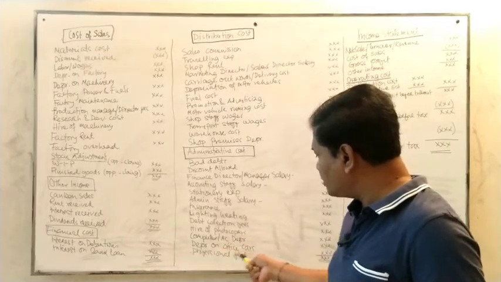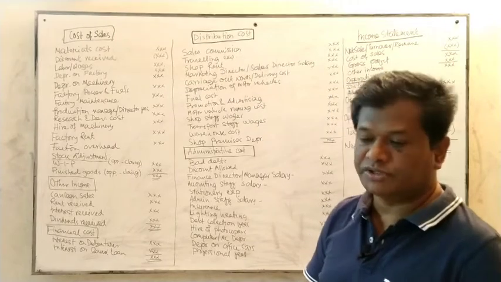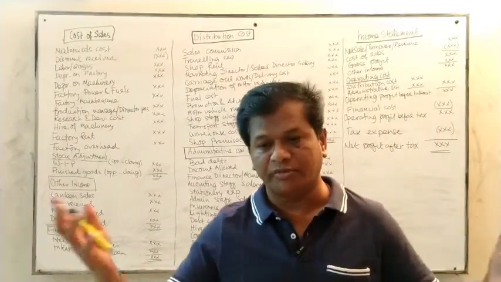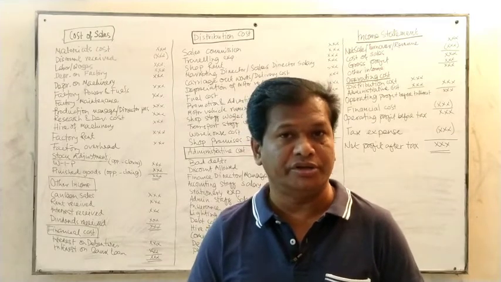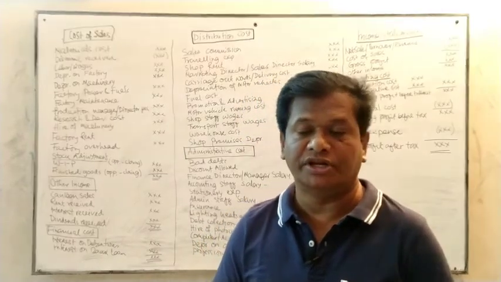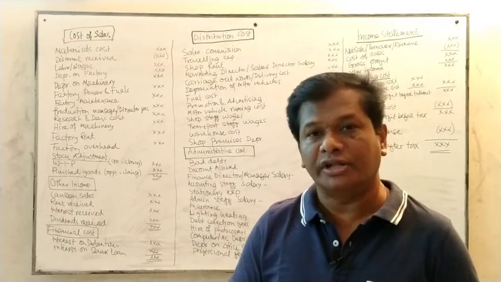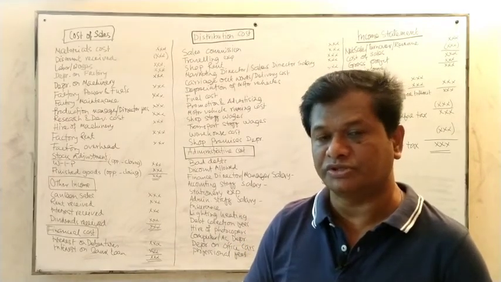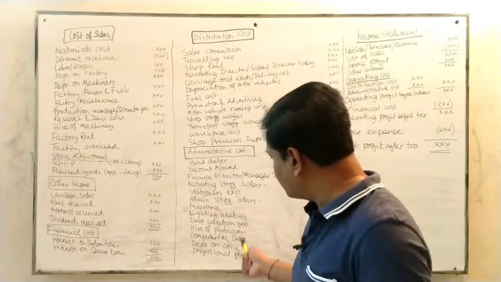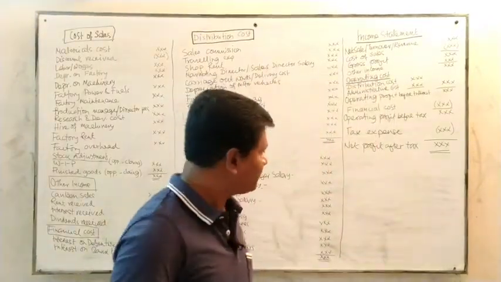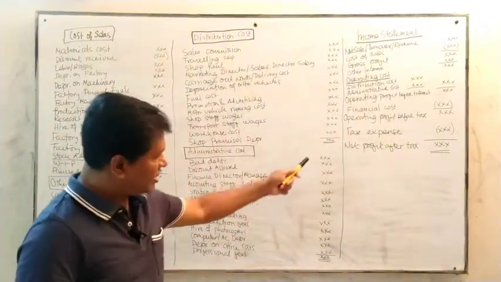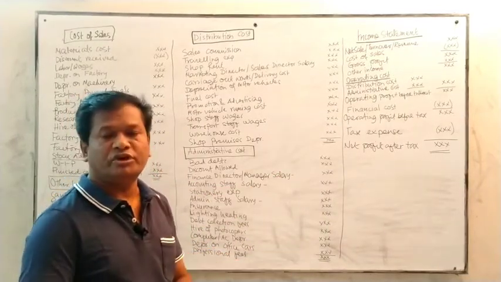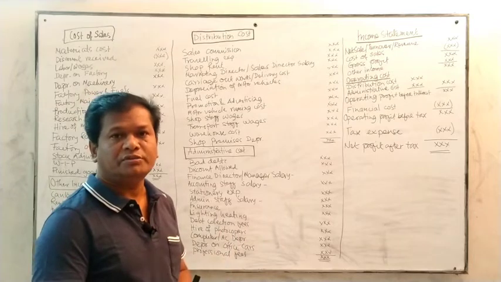Then the professional fees. Professional fees means sometimes you are appointing a lawyer or a professional accountant to audit your financial reports. So their fee is one of the administrative expenses for the business. Now all these expenses are to be added up, and you get a total figure. Only this total figure is to come to the income statement.